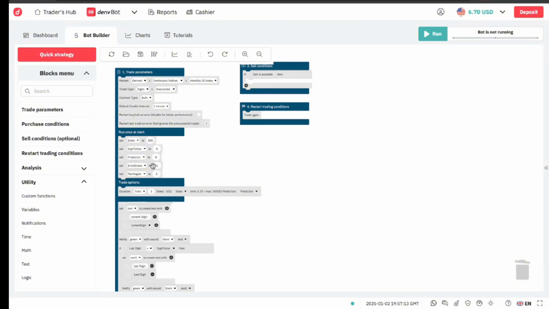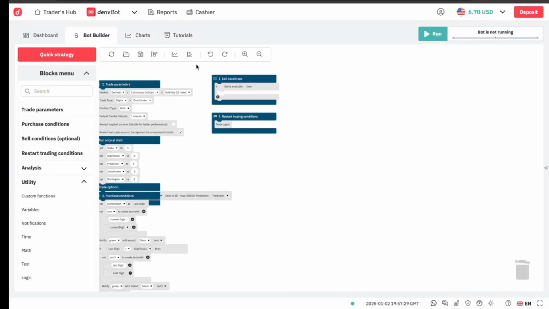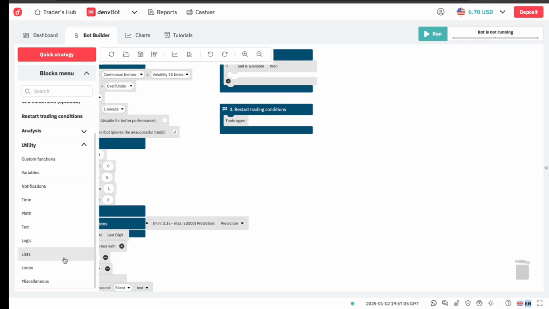So if I lose, it will multiply the stake I have by 2. And my stake is going to be 1. The digit to use is going to be 0. And the prediction is going to be 5. So we set under 5 at the bottom here. Under, yeah. I also need to add the trade conditions here. So come to logic,